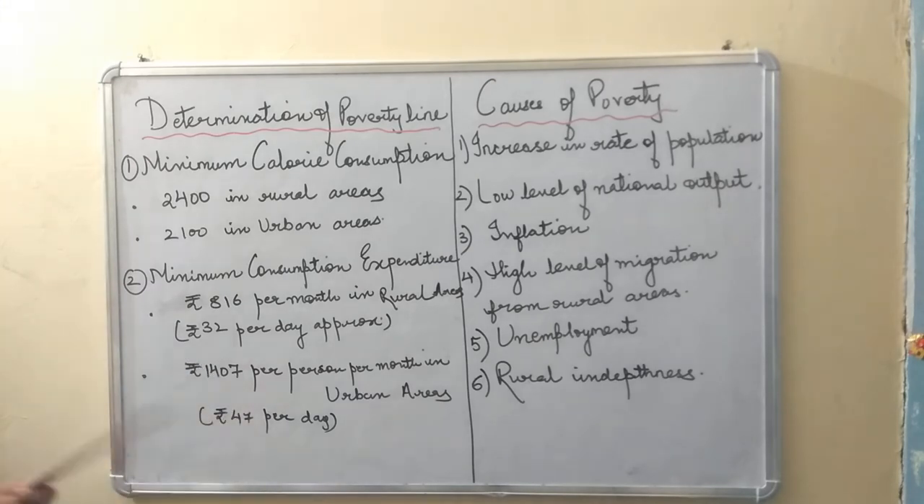are poor according to government. मतलब अगर आप urban में रहते हो, cities में रहते हो और 1407 rupees per month नहीं spend कर सकते हो, then you are poor. That also approximately it is coming to rupees how much, 47 rupees per day. This is a rough estimate what the government has given. Now see children, one important thing